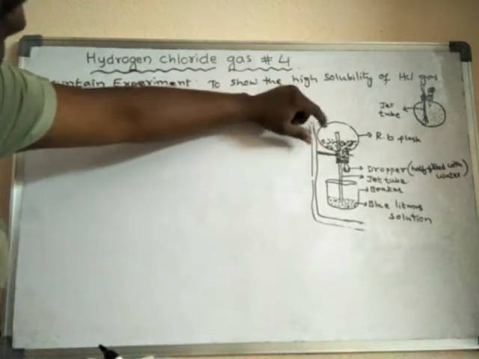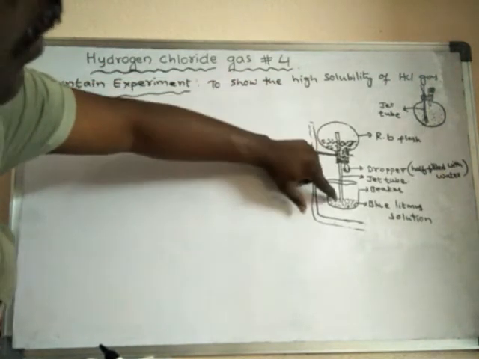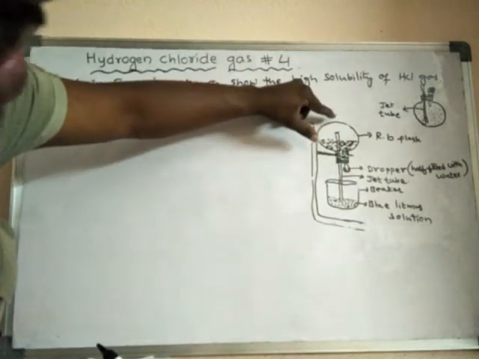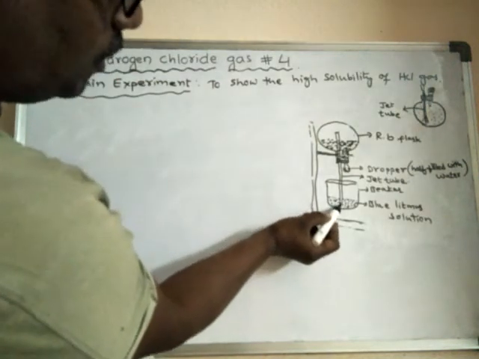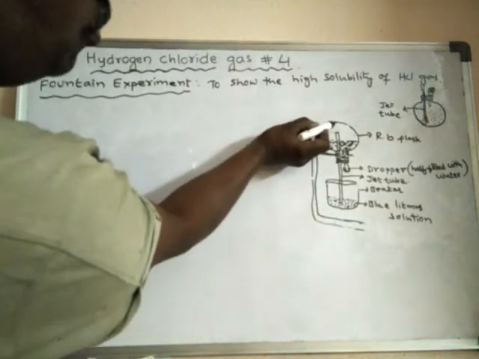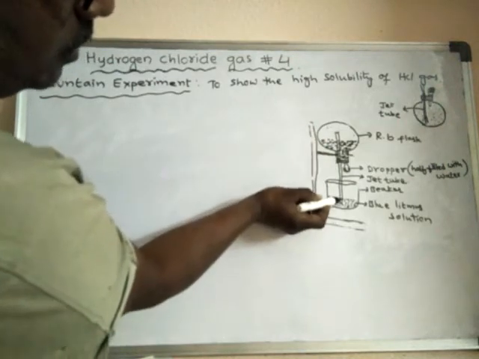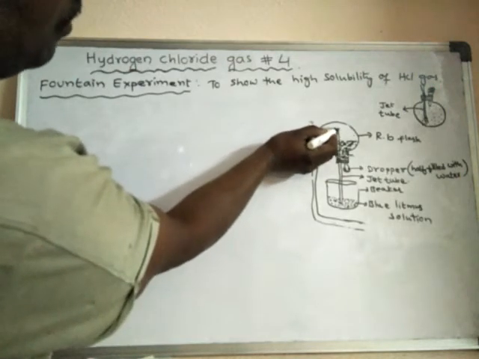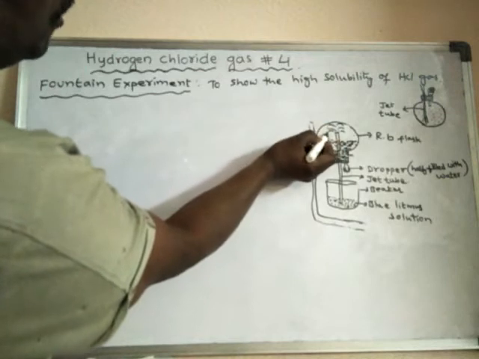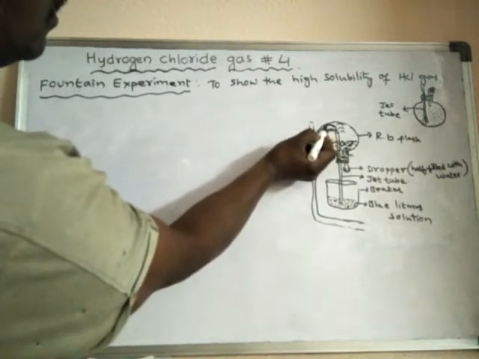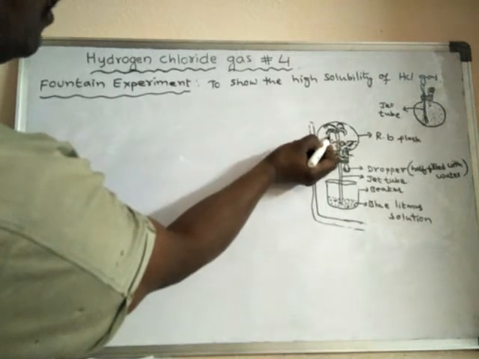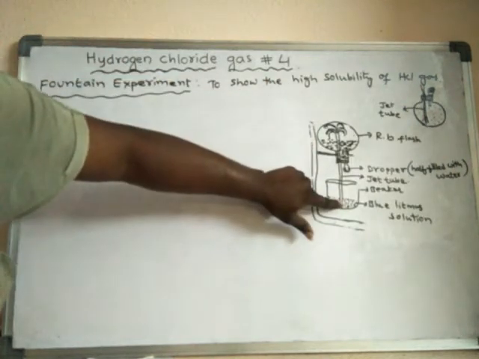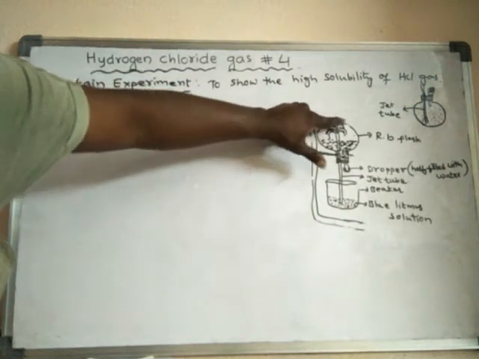Because of low pressure, in order to compensate, what happens? This jet pipe will pull the blue litmus solution upward. So this blue solution is pulled up because of the low pressure here. Through this pipe the blue litmus solution will move up, and finally it will be poured into this one in the form of a jet, in the form of a fountain. So fast this will run up and flow in the form of a fountain.